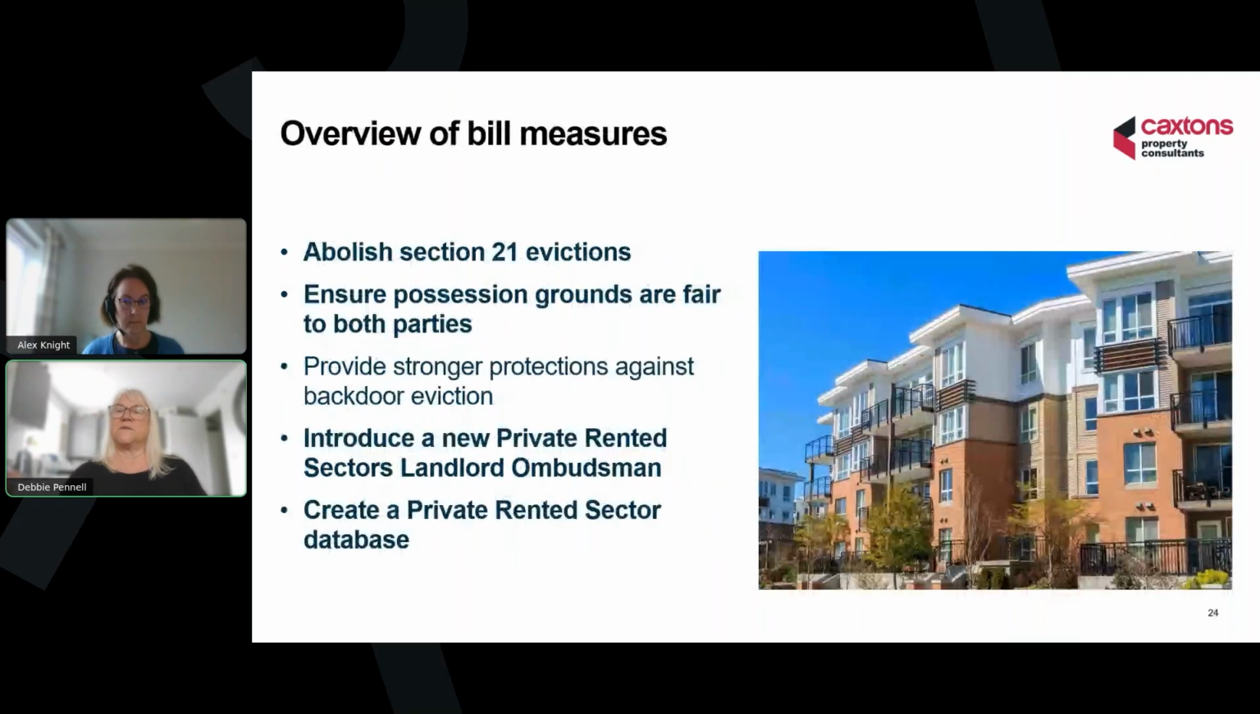We don't have time to cover every single measure of the bill, so I'll walk through some of the main ones. Firstly, the end of the Section 21 evictions. This means landlords can no longer evict tenants without a valid reason. Evictions will only be allowed in cases where the tenant is at fault or if the landlord generally needs the property back. From now onwards, landlords who want possession will have to use a Section 8 notice. As with the current